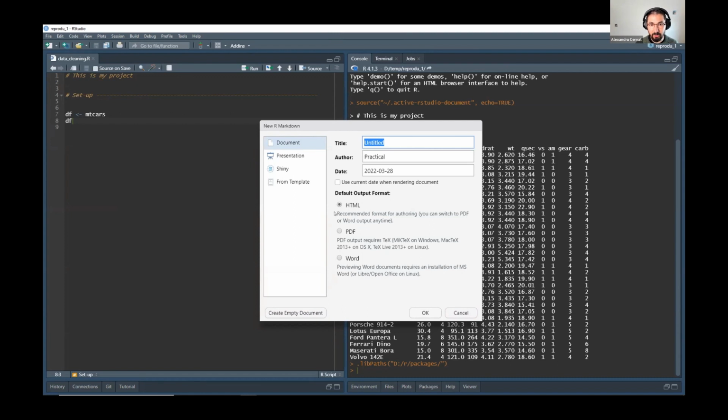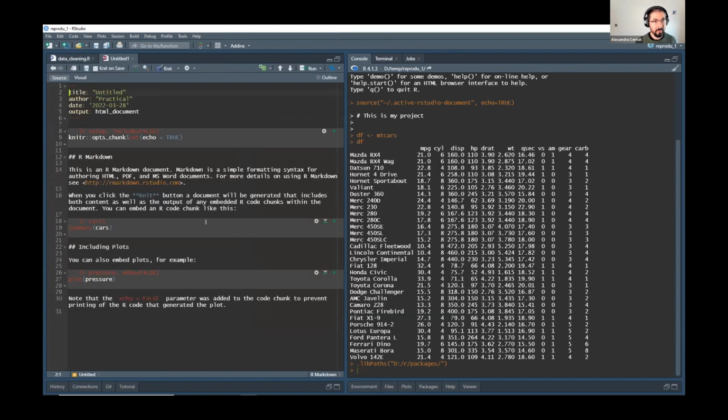Probably the easiest thing to create is HTML because it has the least dependencies. So that's what I'm going to do here. I'm going to create a HTML, and then you can put some info here as well, but this is kind of optional. If you just press OK, it will create a default document for you. So you can actually run this, and it just has some things in it by default